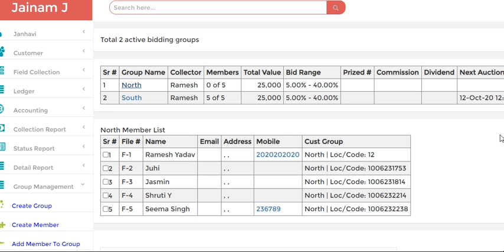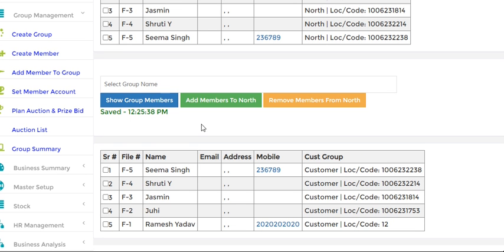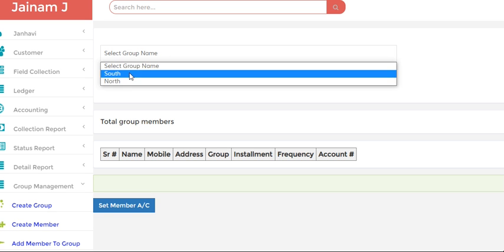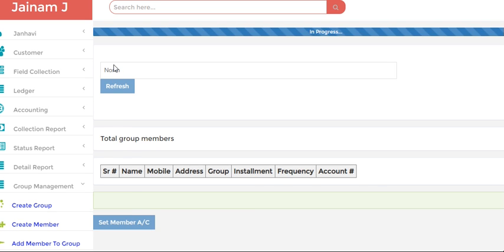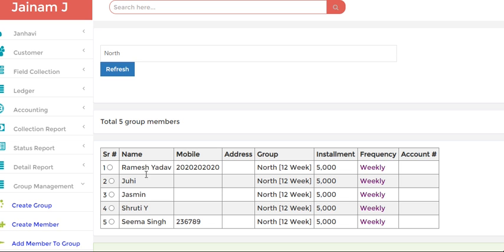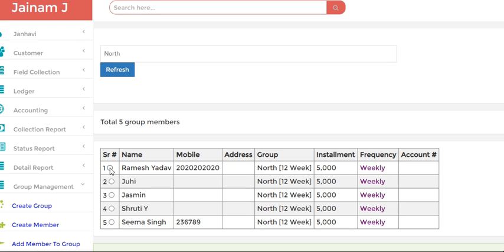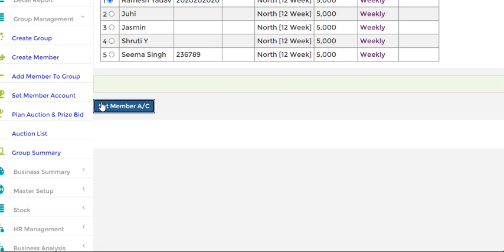Now let's go and see the set member account. I will go to set member account, and here I will select the group, let's say North, and just refresh from here. You can see these 5 members, we need to set their accounts. I will select this member and click set member account.